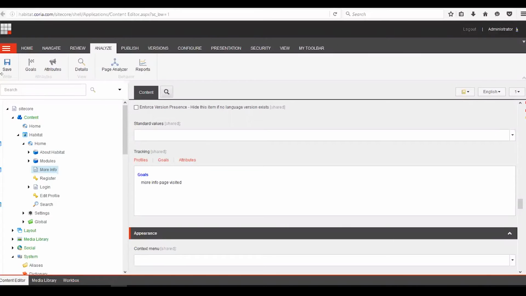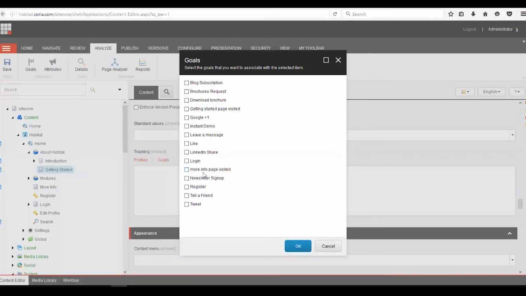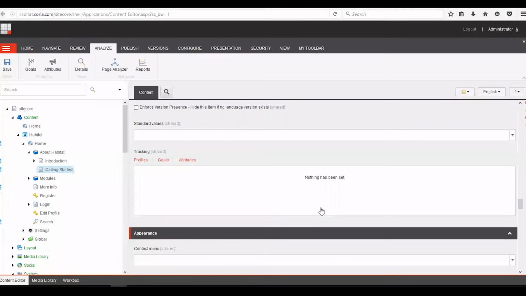That's that. Save it. And now we go to getting started page and do the same. You can do it like this. So getting started page visited. Okay. Save that. So now we have established